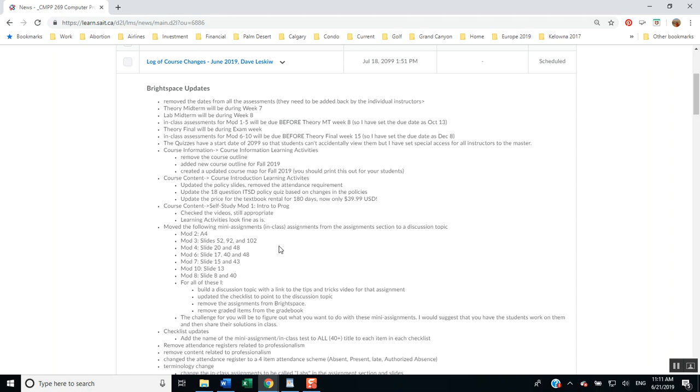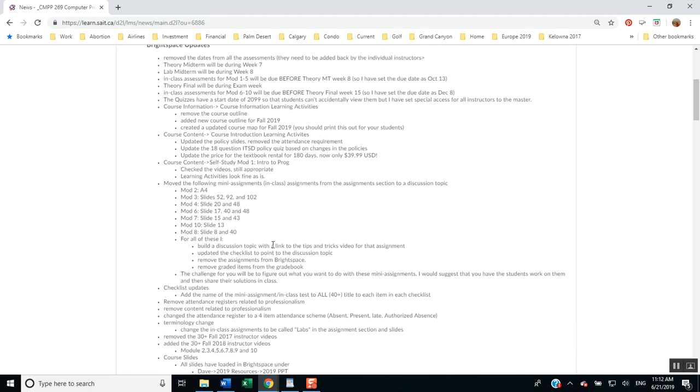discussion topics, and the students are expected to submit their source code and sample runs there, and they can view each other's. The reality is probably students will view this more as an optional activity, which is fine. I would suggest that you still go over those with the students. Maybe after you've gone through the module and the students have had some time to work on those, look at some of the solutions that students have provided and talk about them in class.